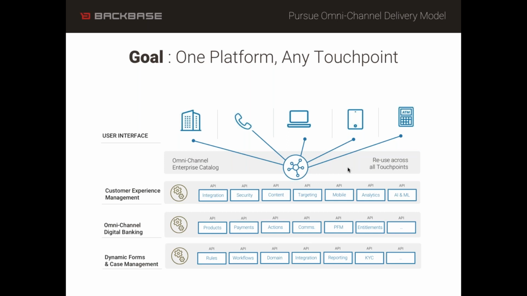But in relation to this picture, does this type of architecture, this type of approach, help in any way there? Of course, it helps in a massive way if you move into it, and of course you don't have to take all the layers. Of course, you don't have to do this with Backbase. What is very important is that you have an overall omni-channel architecture perspective. How do you do security? How do you do content management? How do you do integration? How do you do multi-factor authentication? How do you persist transaction data? How do you do dynamic case management?